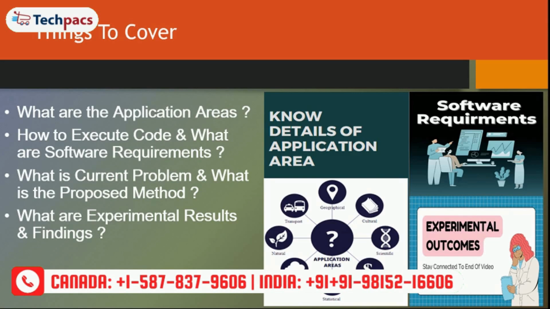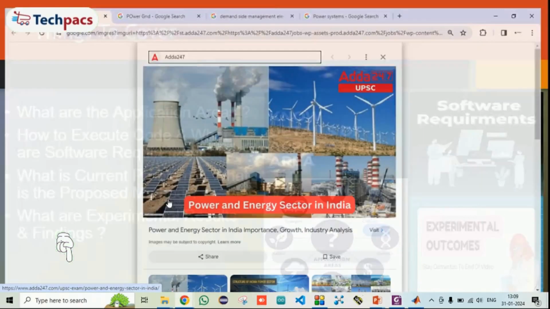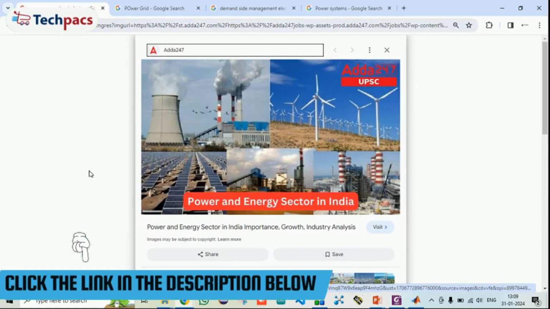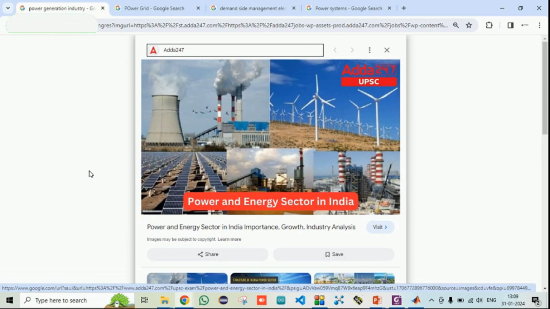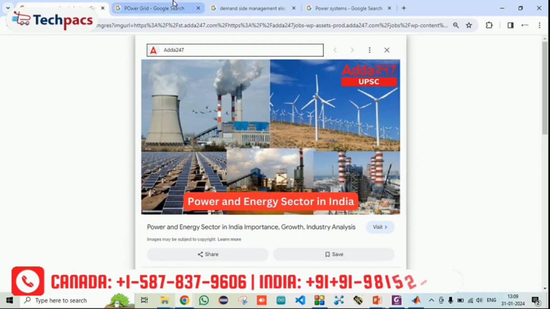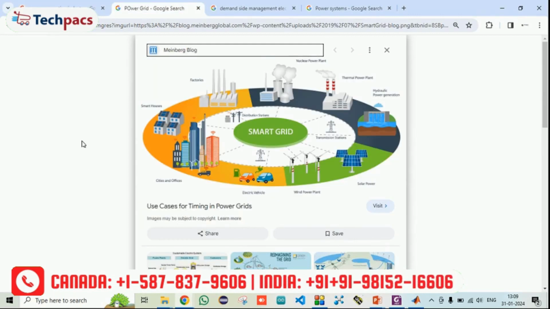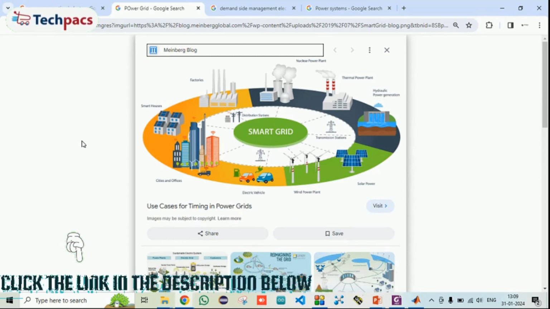So let's talk about the application areas where it can be implemented realistically. As it is related to managing the power requirements and generation, it is very helpful in the power and energy sector, where the growth and the management of resources can be handled for the power grids to make the system a smart grid, so that as per the demand and the requirements it can schedule things like for how much